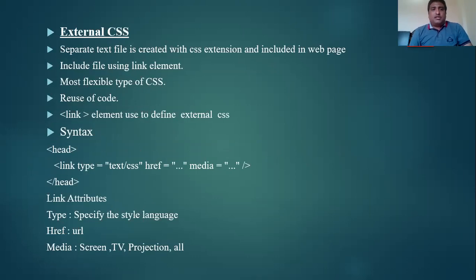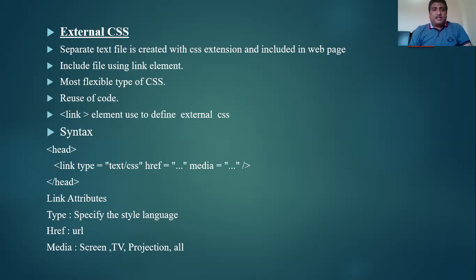This is the most flexible type of CSS. It is used to reuse the code because we create the style properties in a file and can include it on different pages. We write the style properties only once and use them on a number of files, so we reuse the code.